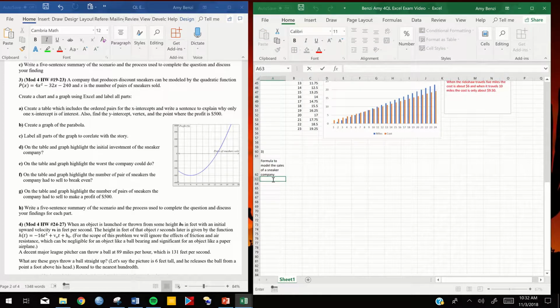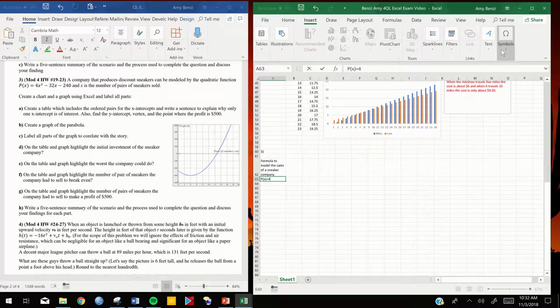And then what is our equation going to be? Well, f of x or g of x are generic functions. This is p of x, and you could do p of s if you wanted to for sneaker sales. You can just stick with x. All right, so we have p of x equals 4x squared, and you can do 4x squared like this, or if you're good at finding stuff, you can go to